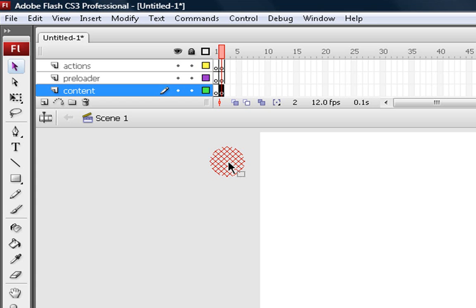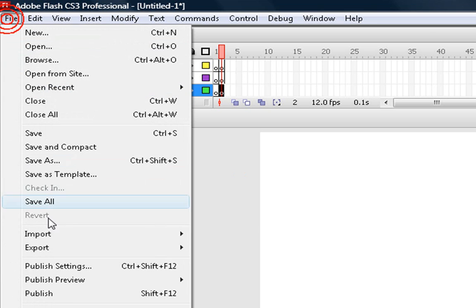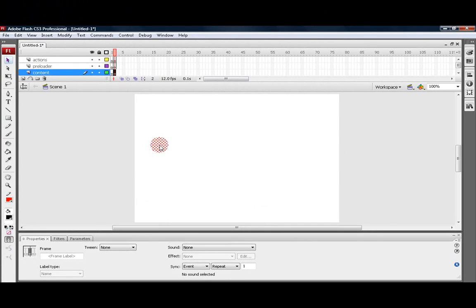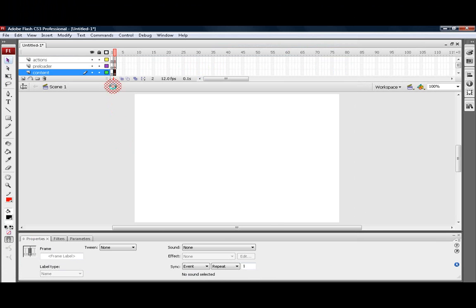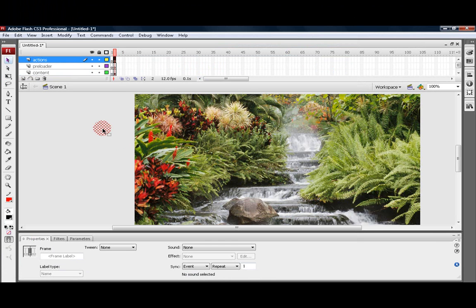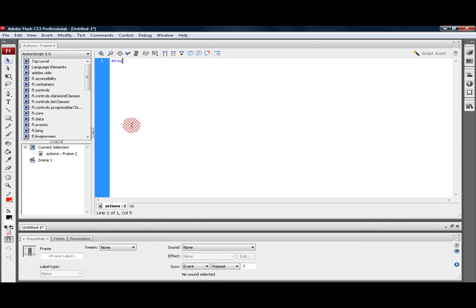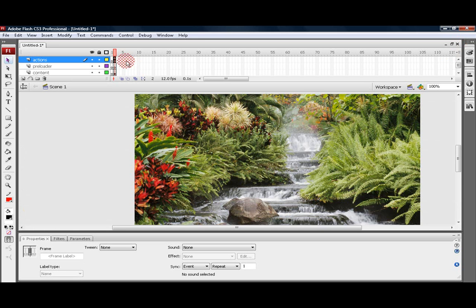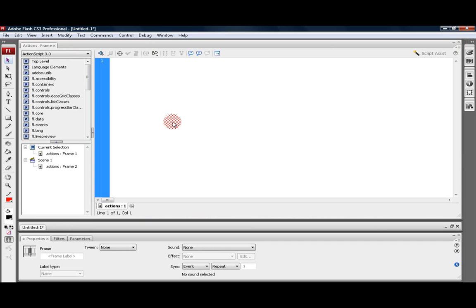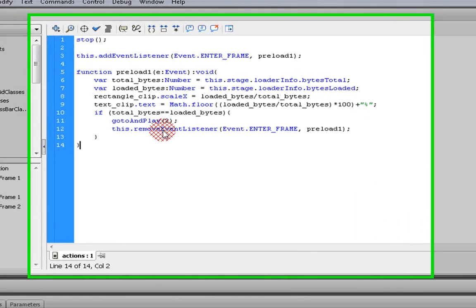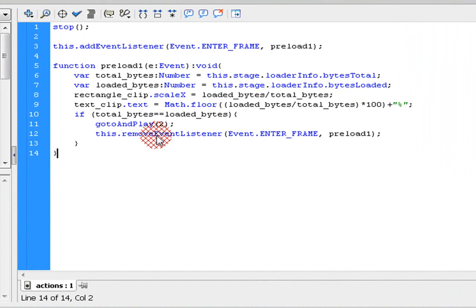We're going to click on the second frame in the content layer and go to File, Import to Stage, any image that you have. Now we're going to click on the second frame in the actions layer and hit F9. We're going to add a stop function in there. Now we go back to the very first frame in the actions layer. I'm going to hit F9 and paste in there the ActionScript needed to make the preloader